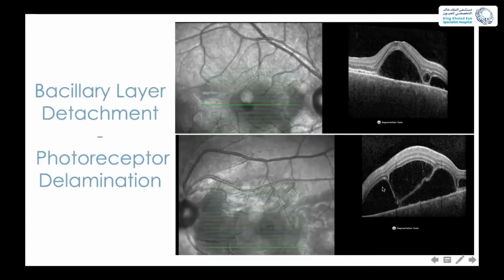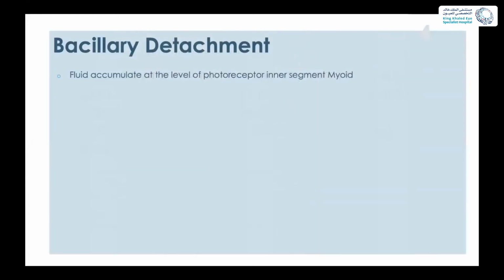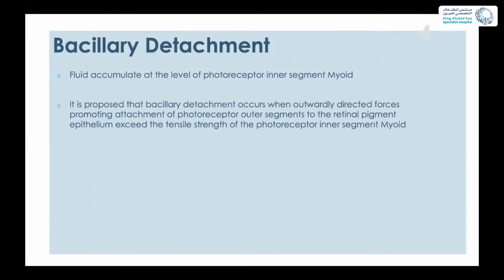This is what we call bacillary layer detachment. And this is a characteristic OCT sign for some diseases. The other name of this is photoreceptor delamination. This is one article. They reviewed the literature on bacillary layer detachment, and they propose a theory behind this layer detachment. Again, bacillary layer detachment is a fluid accumulation at the level of the photoreceptor inner segment myoid. The theory of this article is that bacillary detachment occurs when